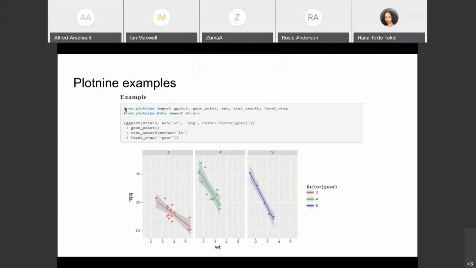Okay, so what was done in this case, if you go to the website where I told you the Plot9 documentation is, all of these examples are given there with some additional supporting text. So if you're curious or if you want more information, you can read all of that. So at any rate, we import what we need from Plot9. The plot9.data import just says, I'm going to use a pre-canned data set. I'm not going to use my own data in this example. You will not need the from plot9.data import because you're using your own data. You're not using theirs. You will need the Plot9 import, and you will have to see what you want. Now,